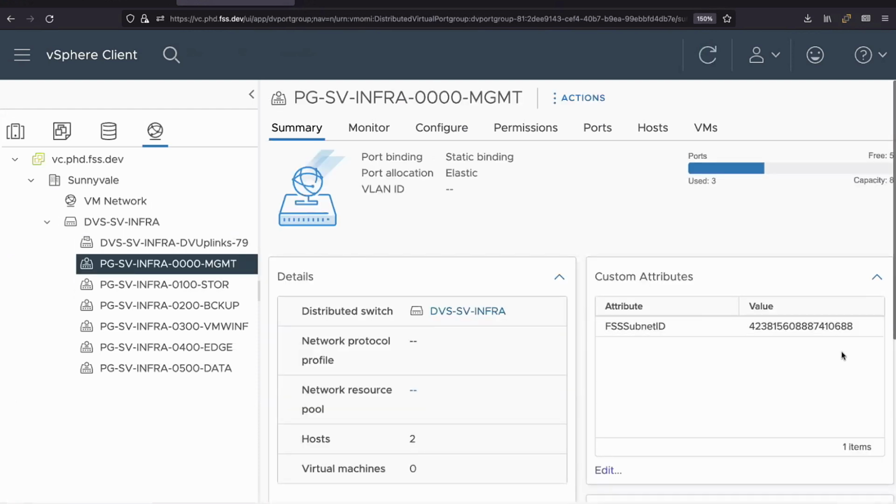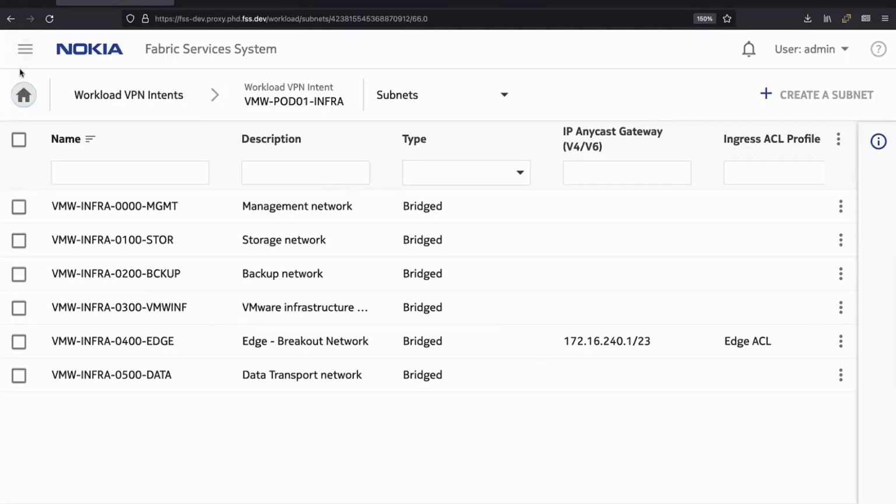You have a subnet ID that matches the exact ID of the management network that I created in my fabric. So this is how the system knows that these are related to each other. And in the background, my plugin is already working. It's already doing its thing, and I can show you that with something that Erwin alluded to, but didn't really go into too much detail, giving me the opportunity, and that's labels, right?